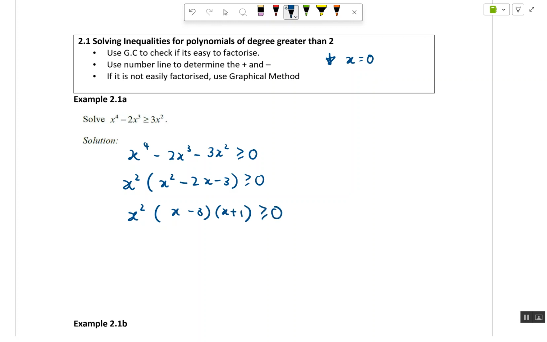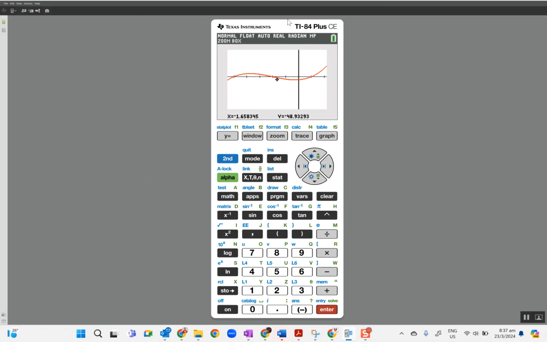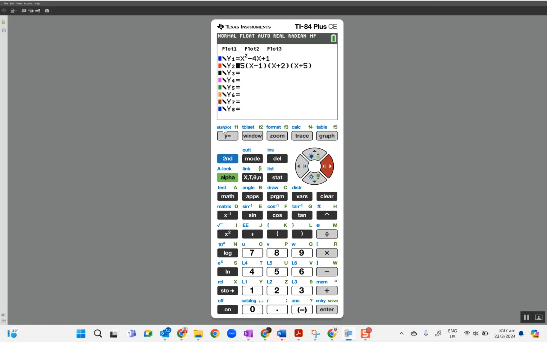So now I know that these are my roots. I can put it on the number line as well, minus 1, 0, and then 3. Be careful, when x equals 0, it is going to change your plus minus plus a lot. So the best way is to just use GC to plot out this graph, x squared, x minus 3, x plus 1. Okay, so if you key this in and you look at the graph,